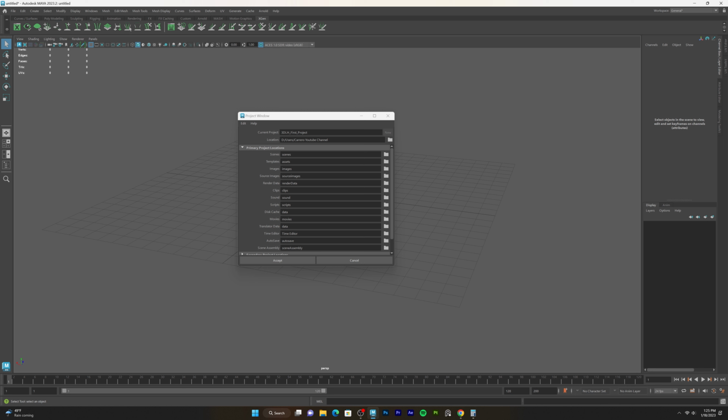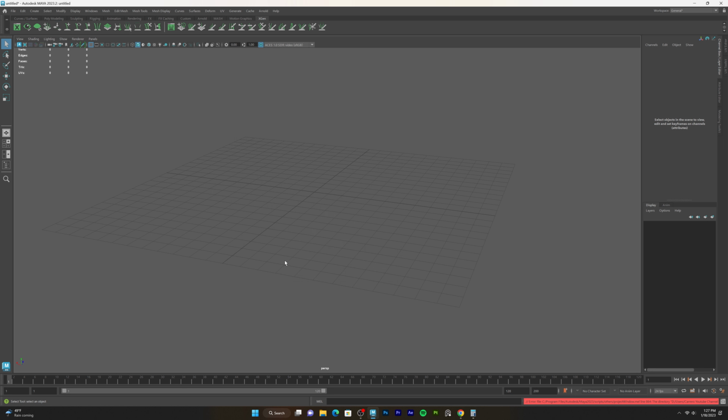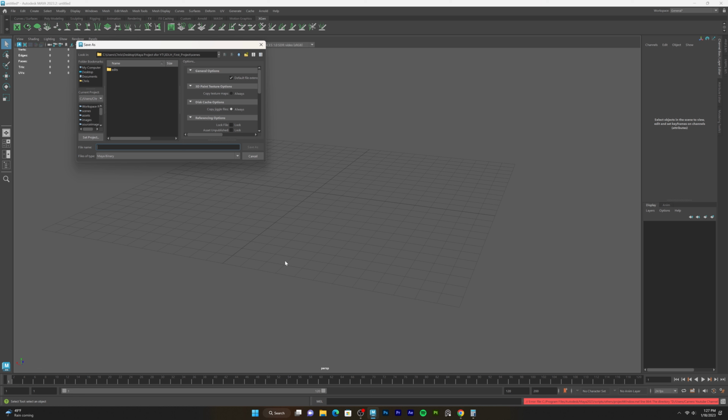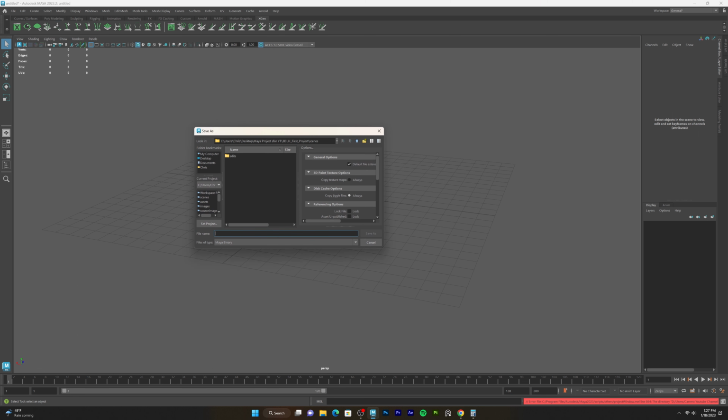So when we do that, we name it, we give it the location, we're gonna accept. Before I put anything on the scene, Control S. See right here what I was telling you? It knows exactly what I'm working on already, and it knows what folder I want to go, scenes. So what I'm gonna do,